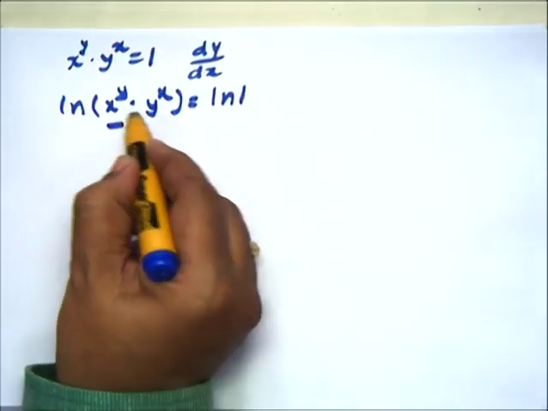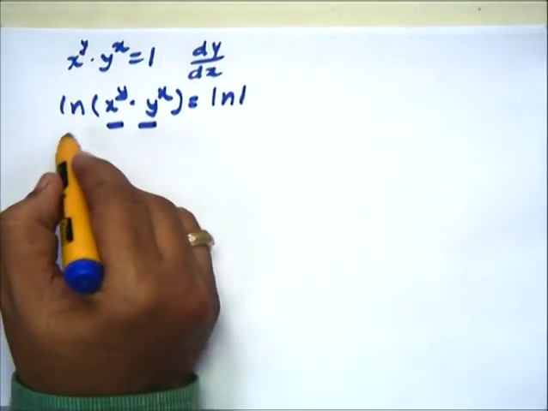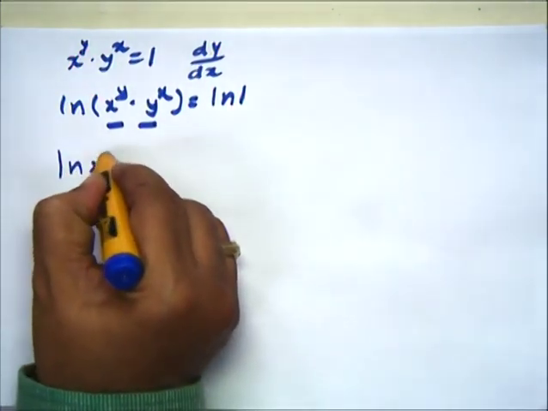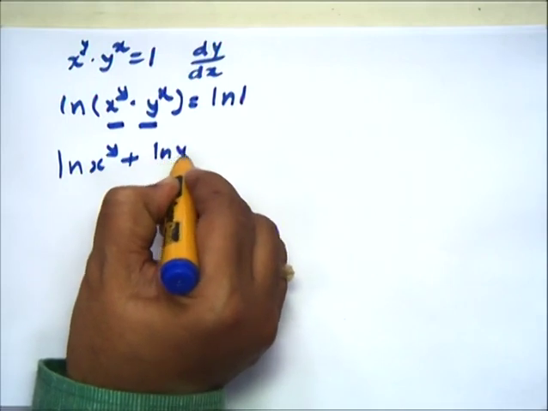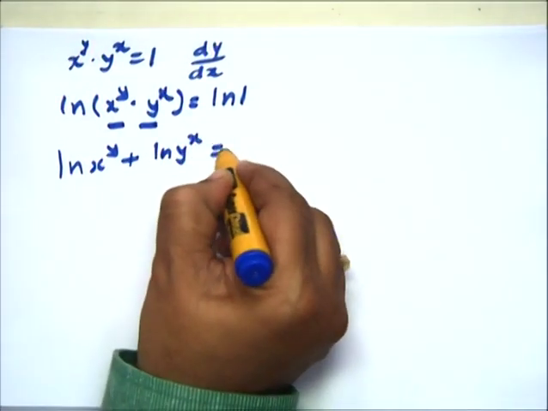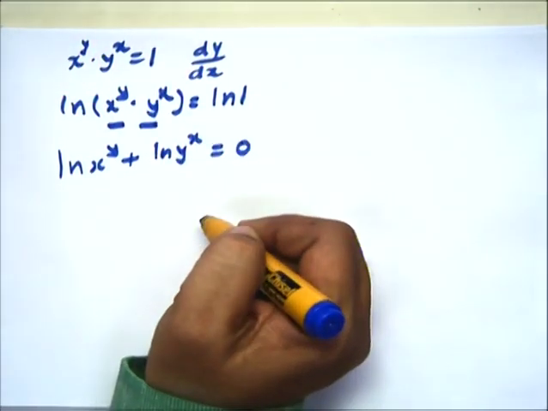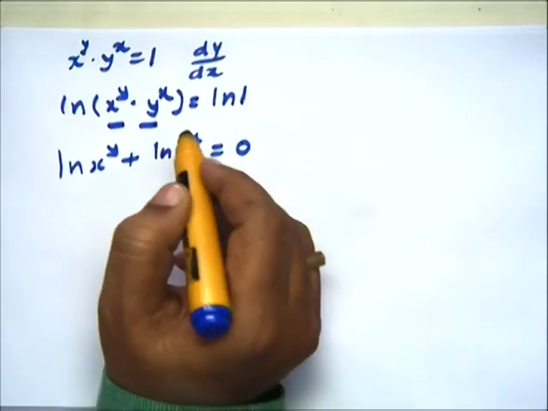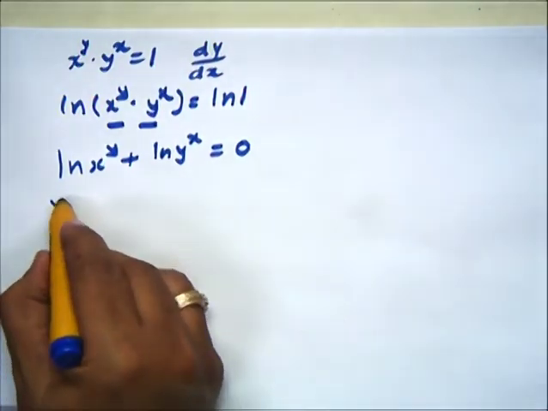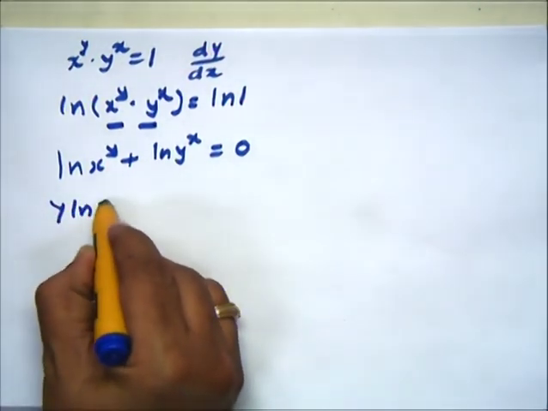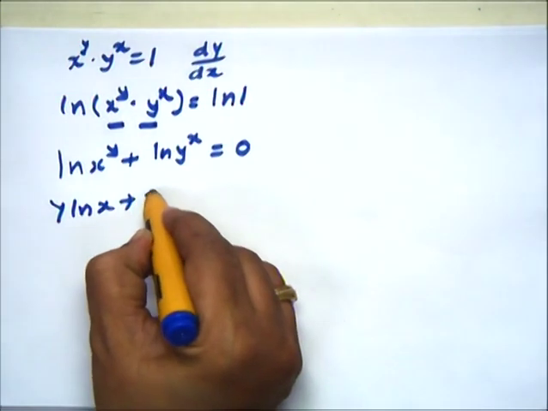Now we have a product of two functions, so it is log x raised to y plus log y raised to x, equal to log 1, which is 0. Here the powers can be taken as multiplication, so y log x plus x log y